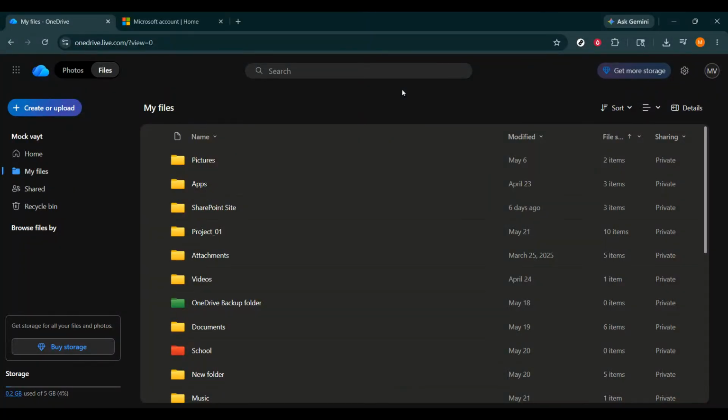If you've ever deleted an important file from OneDrive and instantly regretted it, this video is going to save you a lot of stress. In this tutorial, I'm going to show you exactly how to access the OneDrive recycle bin and restore deleted items, step by step. Whether it's a document, photo, folder, or spreadsheet, OneDrive makes it easy to bring it back as long as it